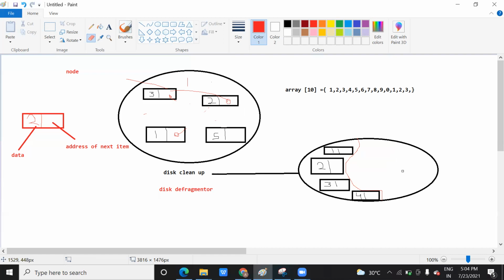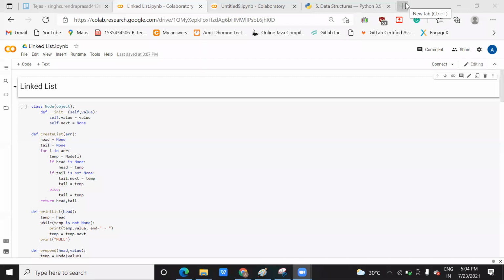Linked list is a more effective and widely used data structure. You can implement your stack and your queue in the form of a linked list. So the data are saved in a sequence. Let me show you the linked list image.